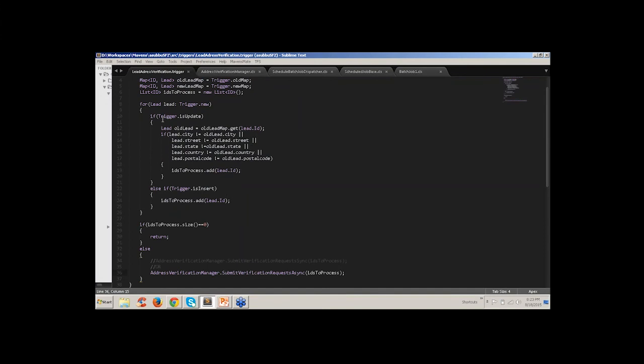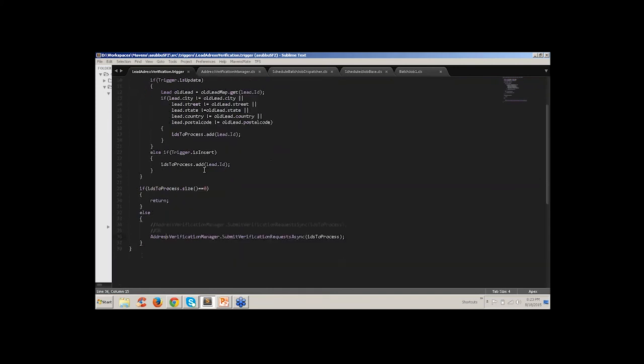Okay, so you can see the trigger. What it does is it checks if the city has changed, the street, the state, country, postal code has changed. If those things have changed, the code will be like this: AddressVerificationManager.submitVerificationRequestSync. That is, in a synchronous fashion, this trigger is going to execute.